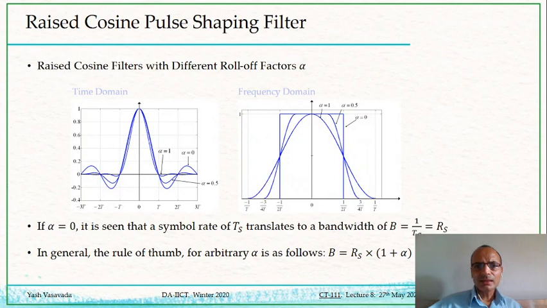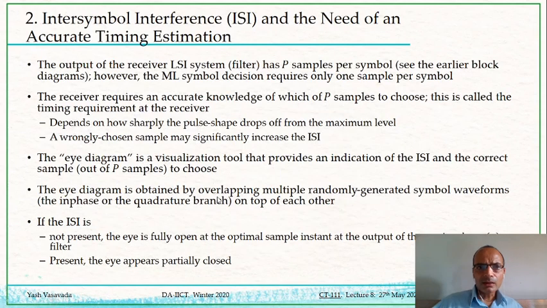So this is a very important relationship between the inter-symbol interference in the time domain and the adjacent channel interference in the frequency domain, and how both these effects can be traded off by an appropriate choice of this roll-off factor alpha. This alpha is known as the roll-off of the raised cosine pulse. Okay.